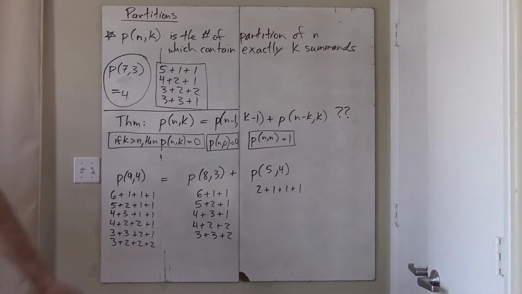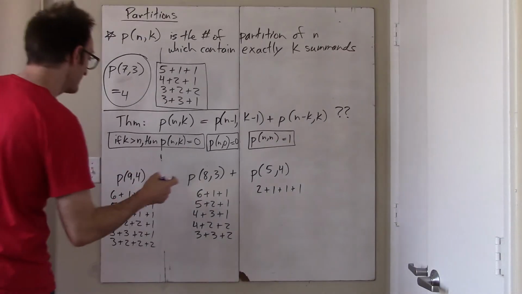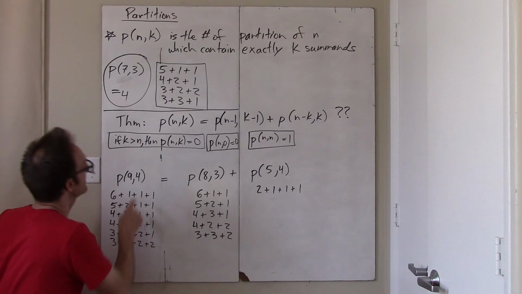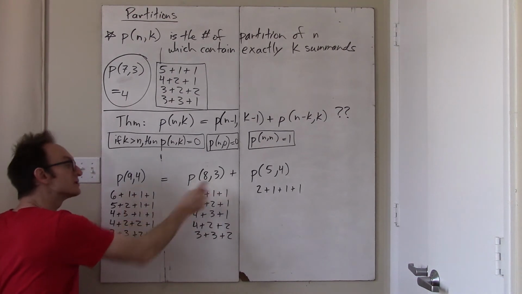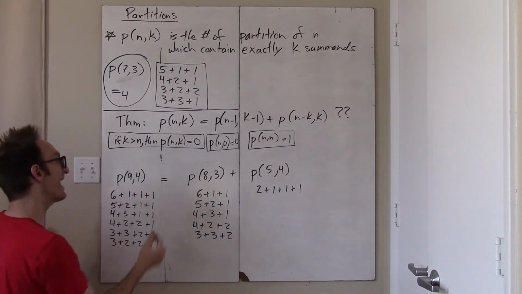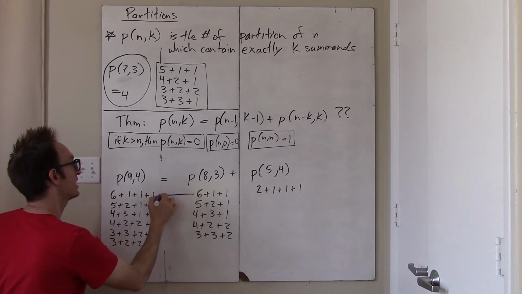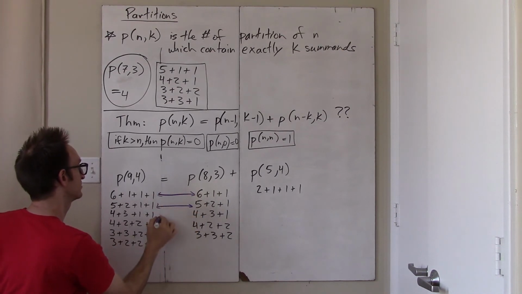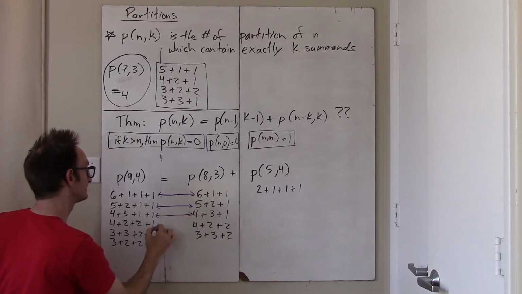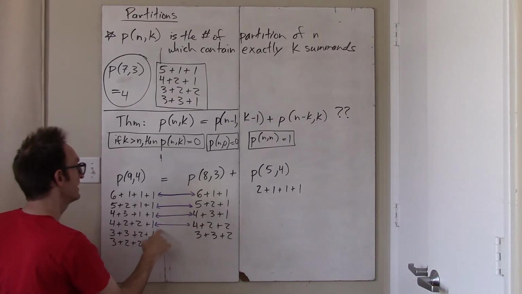But it appears that this at least works, at least for this case. Okay, what is going on here? How can we understand this? Well, it is impossible to avoid noticing that there is some sort of correspondence here between dividing up 9 into 4 piles and 8 into 3 piles. And in fact, and I will draw with an arrow here to stress this correspondence, that if you give me